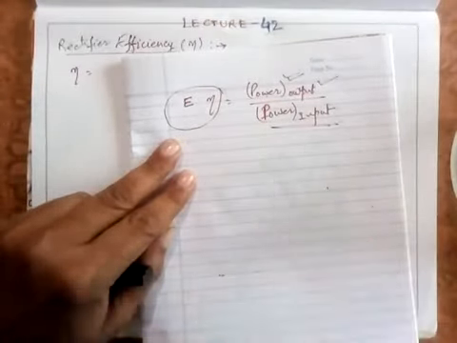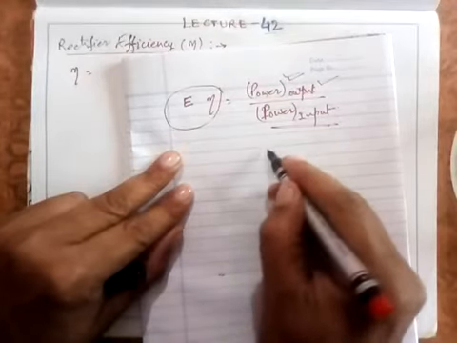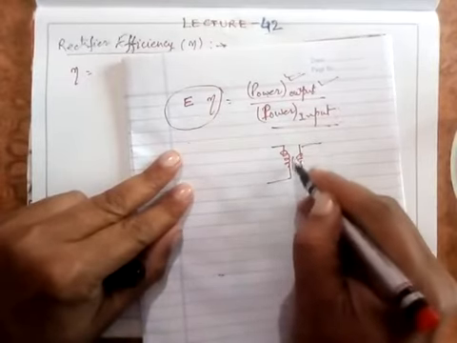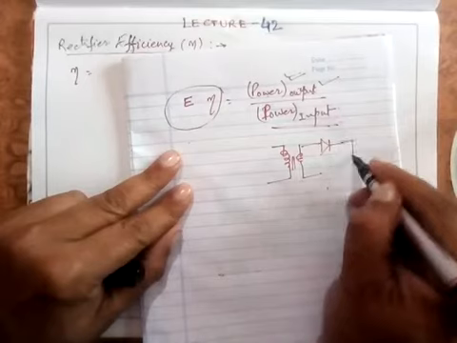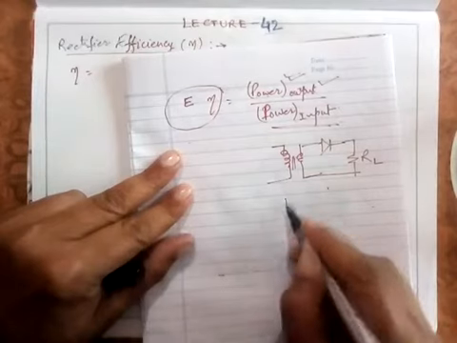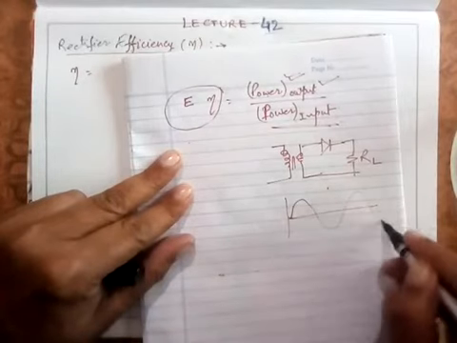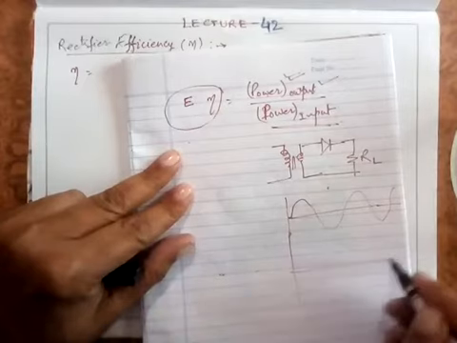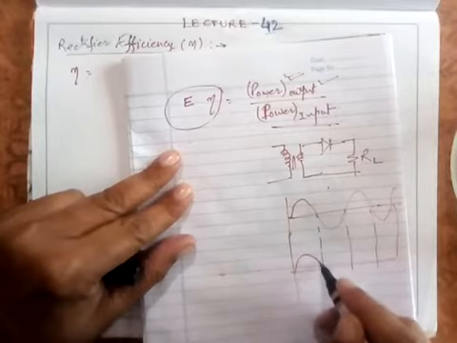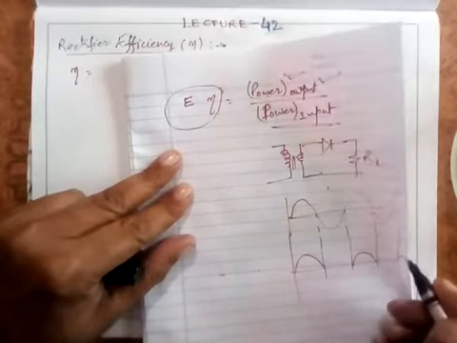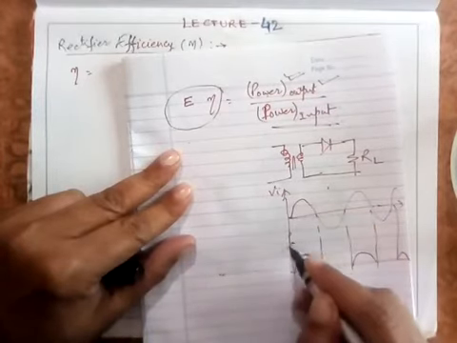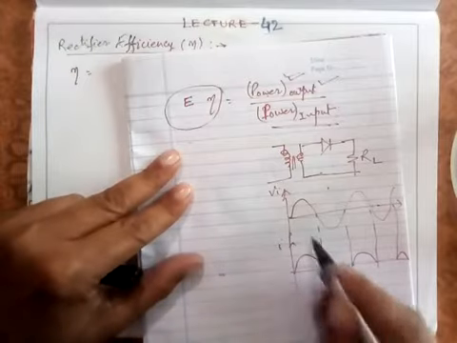Now, as far as a rectifier is concerned, if you remember, the circuit is something like this. Half-wave rectifier I'll take. There's a transformer here, there's a diode, and there's a load resistance RL. The input that we apply is like this. I've done this many times with you. And the output which I'll obtain is of this nature that we have seen. This is omega t and this is input Vi. Again, this is omega t and this is the output current I, between 0 and pi.